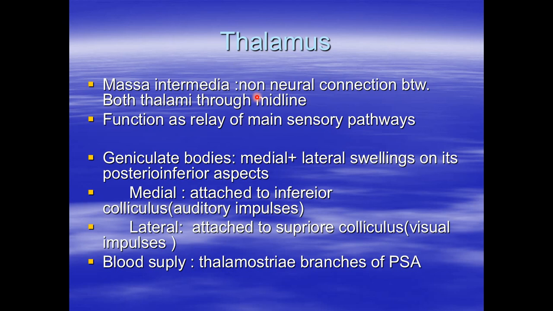Now, the geniculate bodies are medial and lateral swellings on the posterior inferior aspect of the thalamus. On the posterior aspect, inferiorly, of the thalamus, there are two swellings. They are the medial and lateral geniculate bodies. So the right thalamus has medial and lateral geniculate bodies. The left thalamus has medial and lateral geniculate bodies in the form of two swellings on the posterior inferior aspect. Okay, the medial geniculate body is attached to the inferior colliculus, which has to do with the auditory impulses,